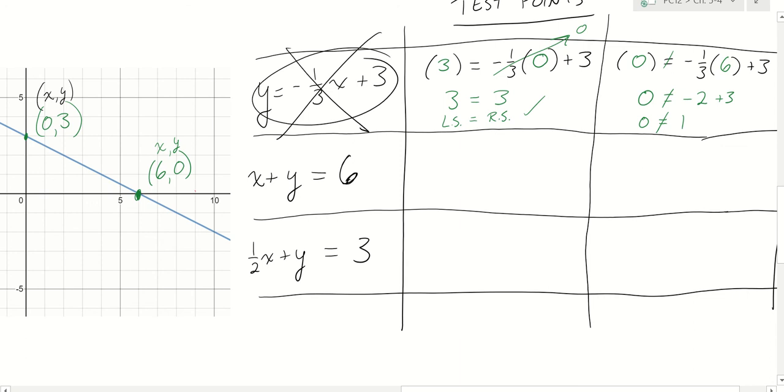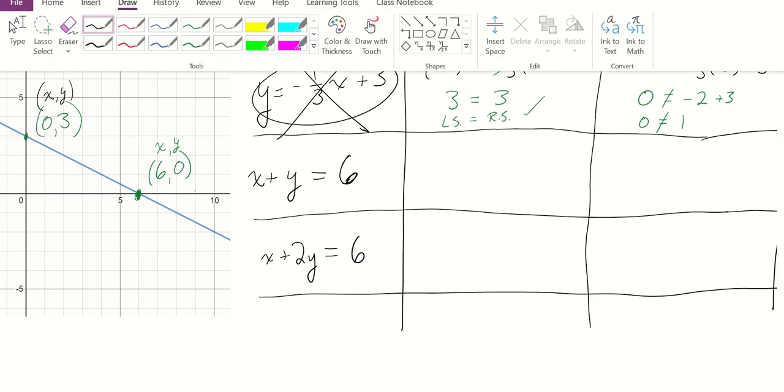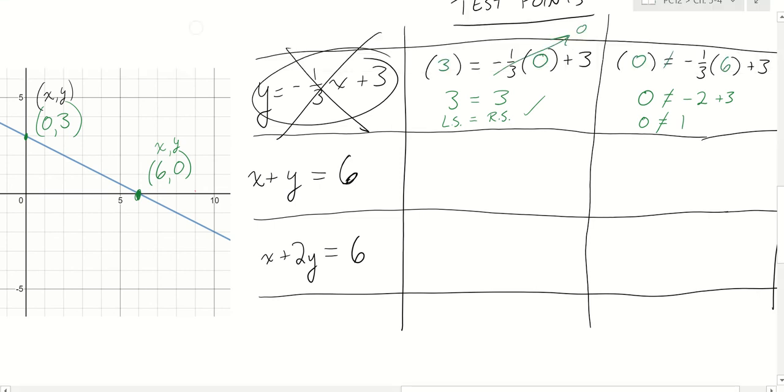But let's actually change this even more to x plus y equals 6. So again, this is the same relation as what I had written previously. It's just that I'm representing it differently because I want you to see an example of applying test points where it's not in the form y equals. All right, so where was I? We're plugging in a test point of 0 and 3